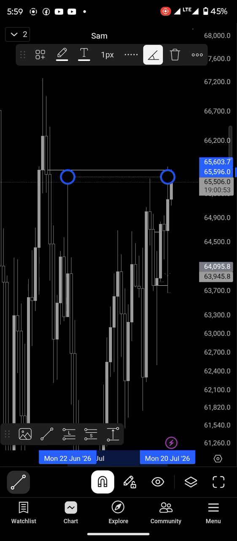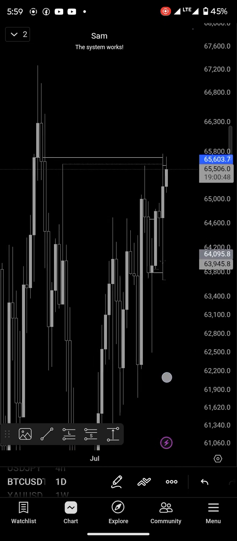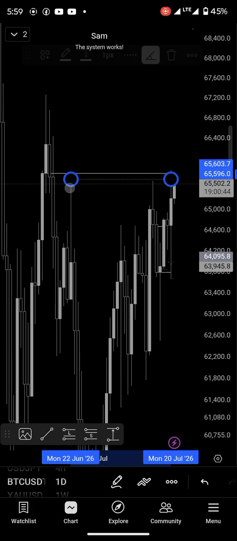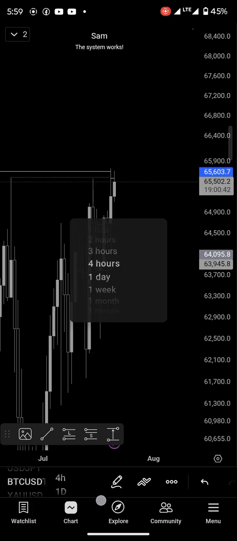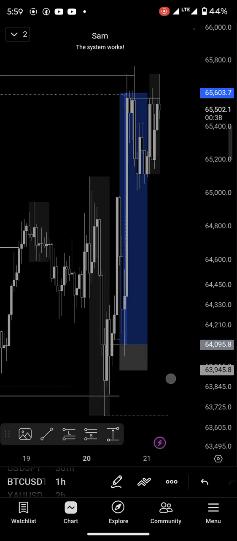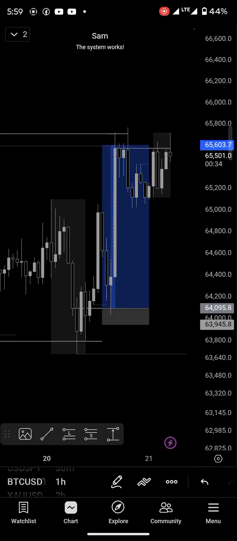Now BTC has to sell because weekly last break was to the downside, and then daily too last breaks to the downside. So this is price taking out liquidity and tapping to this key level. I expect BTC to sell from where it is too. So I'm waiting for confirmation, but this is how I got this 10 RR setup, and all of these trades